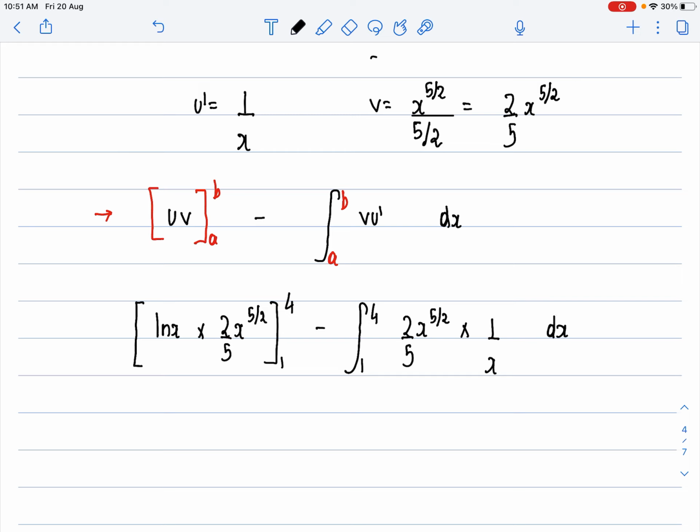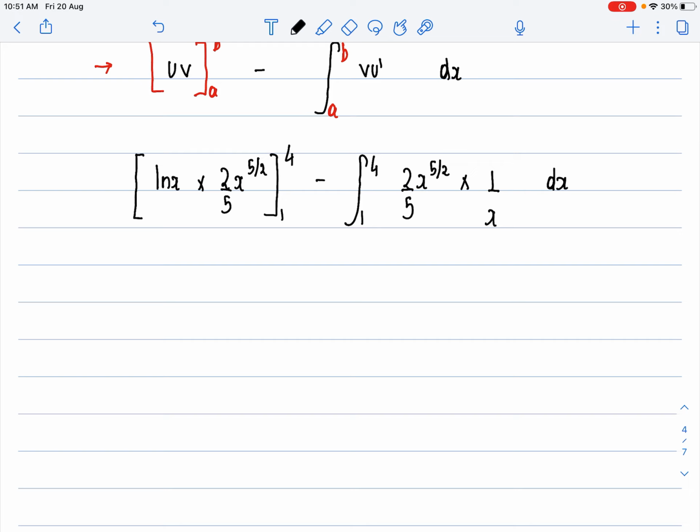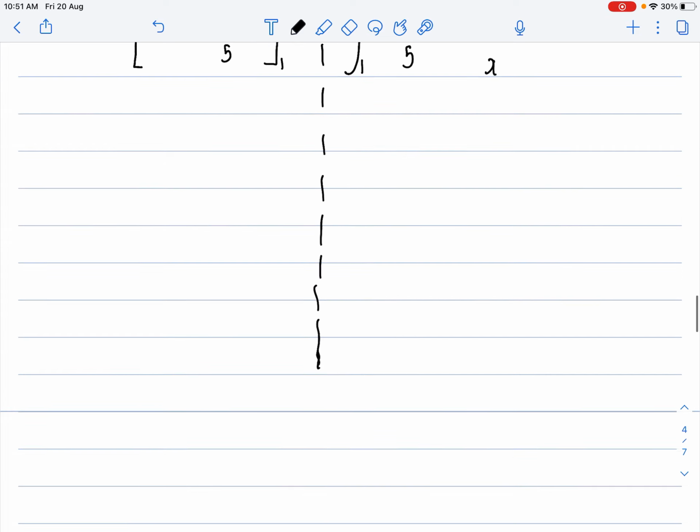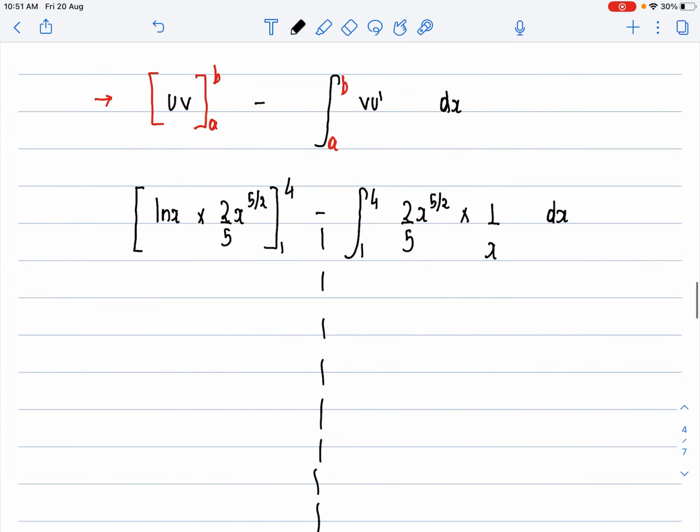So now what you can do is, before that, sorry, you make a line here. This is just for easy calculation. So now let's focus on this first. In the place of x, I can simply put 4. So I can write this as ln 4 multiplied by 2 over 5 with 4 raised to 5 by 2, minus, I can put 1, so I get ln 1 into 2 by 5 with 1 raised to 5 by 2,